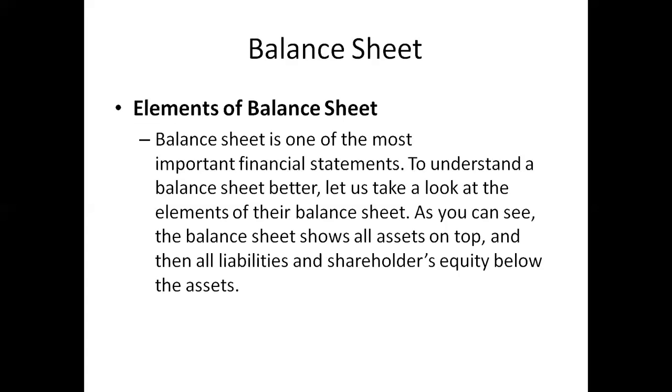Now, as you can see, in the balance sheet generally we have the asset side on top in case of the normal single fashion. However, in case of your examination, you have to write both the assets and the liability side together on both sides, and not in the single manner. That is first assets and then liability. Now we can see the balance sheet shows all the assets on top. That is first the assets are written and then all the liabilities and the shareholders' equity are shown below